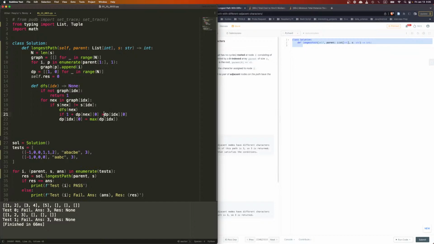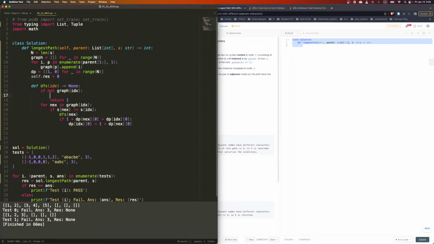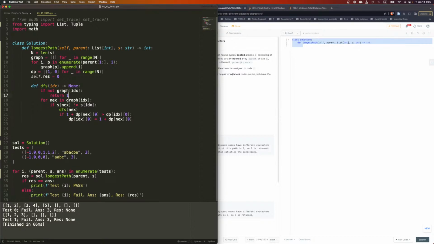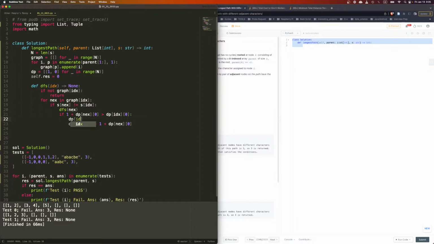If this is larger than this, then this shall equal to 1 plus dp next 0. That just returns because we already did it, right? And then, oh, hold on, dp index 1 shall equal to dp index 0, because that becomes the largest,